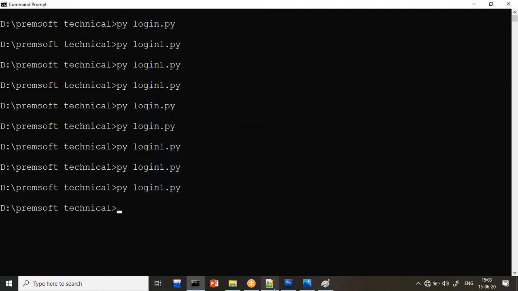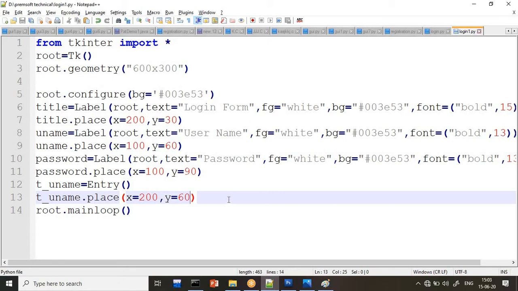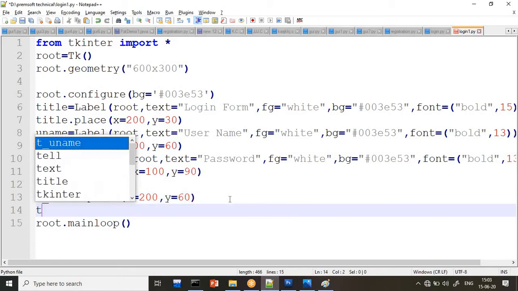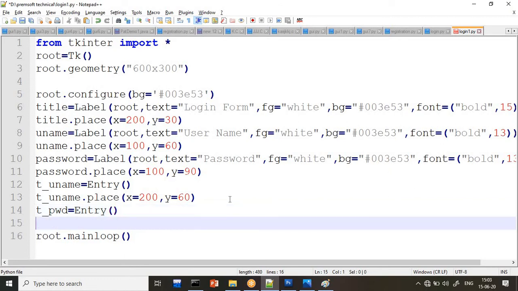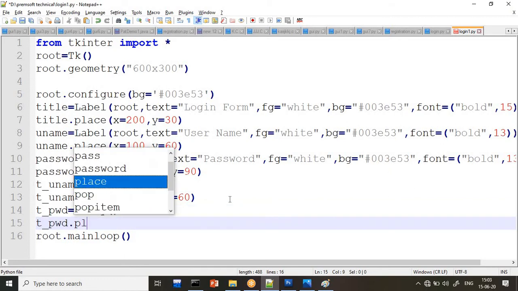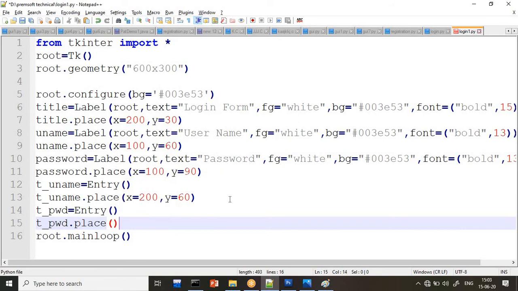Same we have to do for password. So I will create one more, T pwd. I will give it equal to Entry. You can give anything, guys. The name is not fixed, that you have to give this or that. It is your wish. Dot place, and inside that I will write x equals 200 only, and y equals, it should match with this one, so I will write 90.